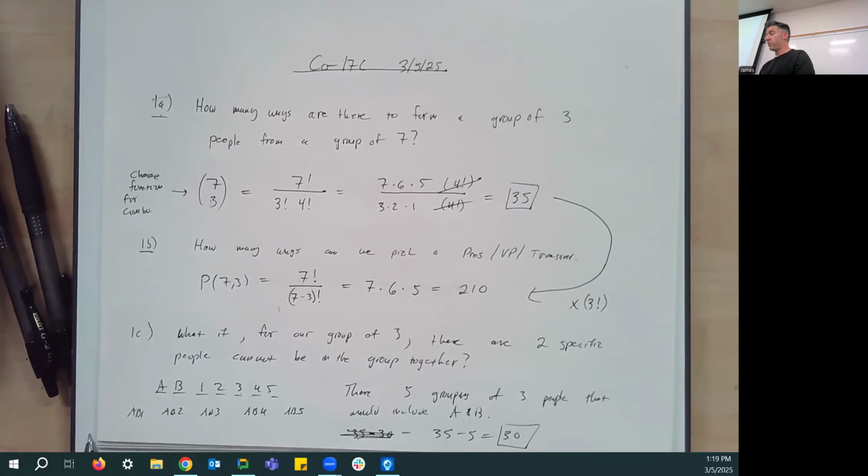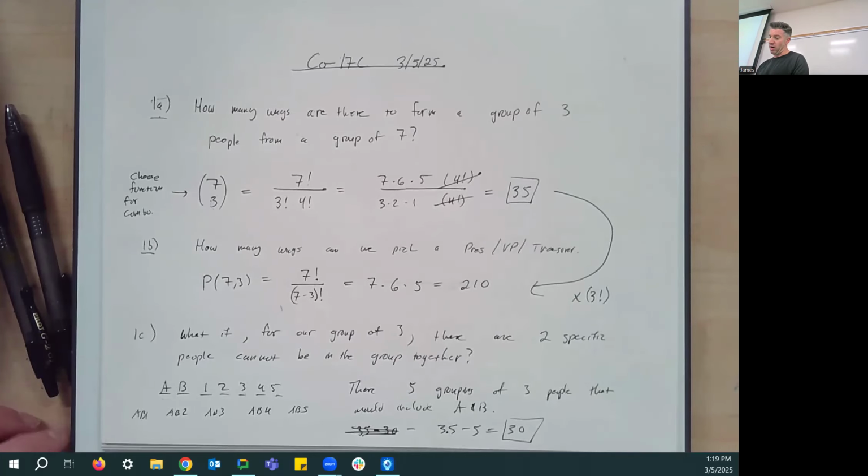So we don't want those 5 ways. So we take the 35 ways that we said were ways of grouping 3 people together, and then we're taking away the 5 ways of grouping 3 people together that we do not want to include. Good. There's probably another way you could have come up with this. This is probably the most direct way, but you probably could have said something like, well, if I don't want A and B together,